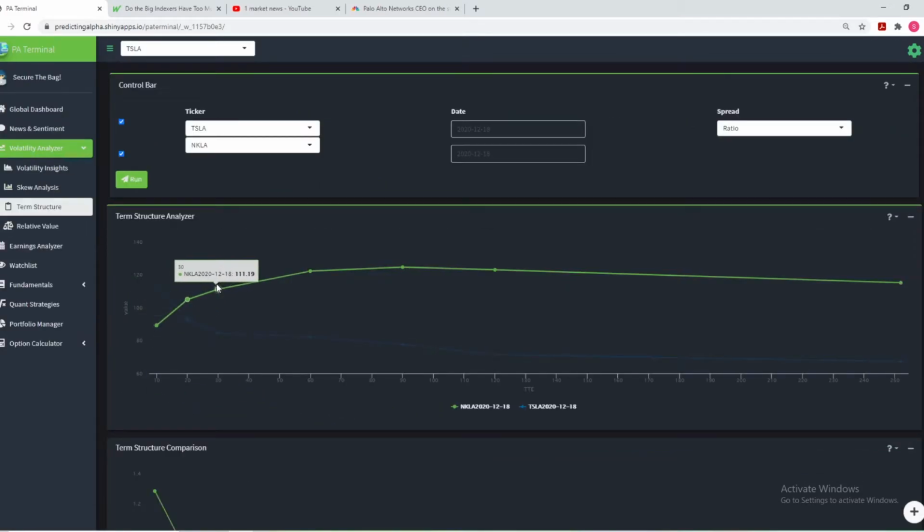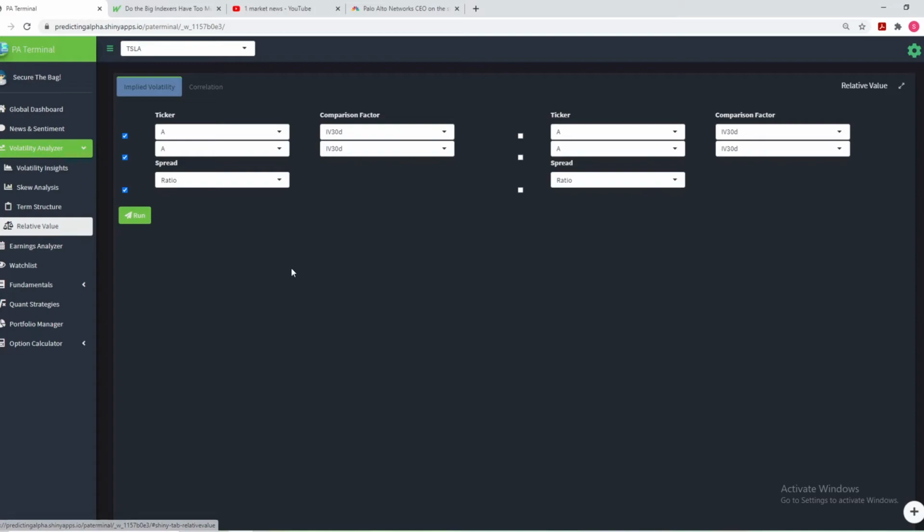Now that we have an understanding of how we can break down our skew analysis and our term structure analysis, let's move on to this tab here called relative value. Now the relative value tab gives us a lot of functionality. We can look at anywhere between 2 and 4 tickers at the same time, or 2 and 4 different variables